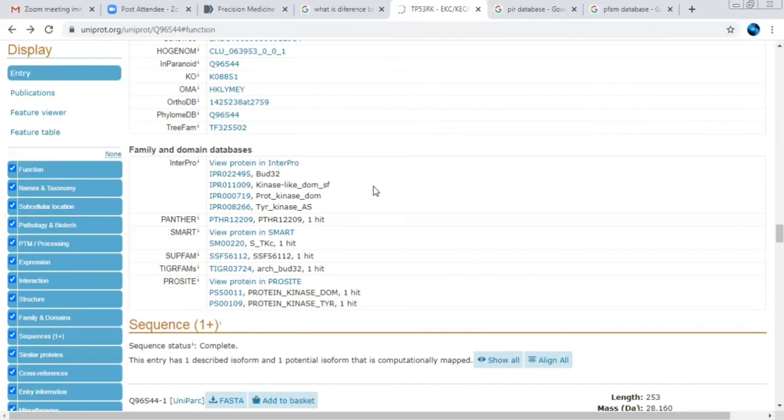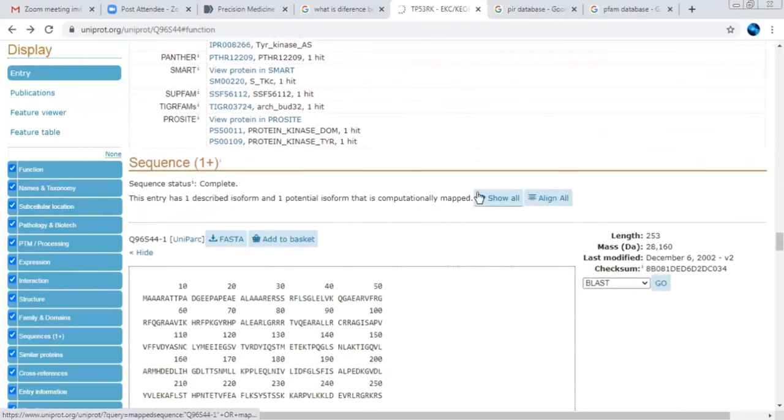Only in UniProt, that is, in a single platform, you are getting a vast amount of data which has been linked with other databases. That's the beautiful use of this particular UniProt database: based on one keyword you get a vast amount of data linked with reference to other databases. So here you can see the family and domain databases. InterPro is one database where you get the protein family information and domain information, SMART, PROSITE. So these are all the protein family and domain databases.